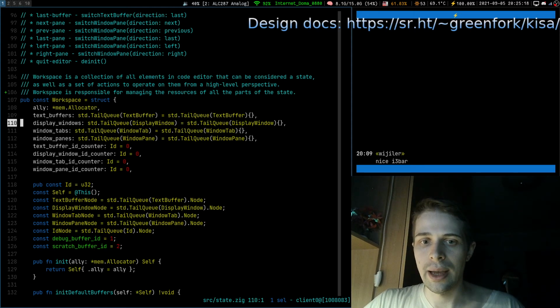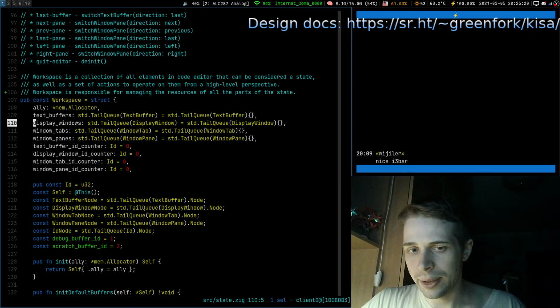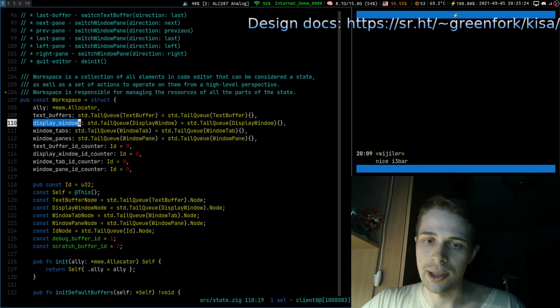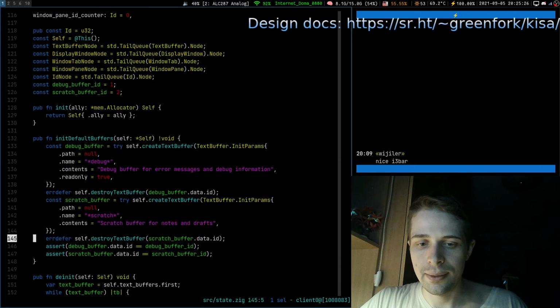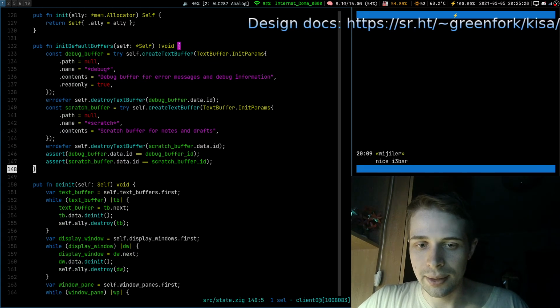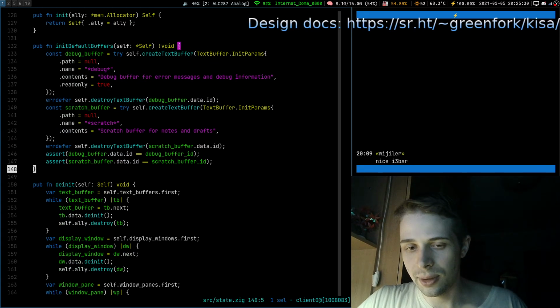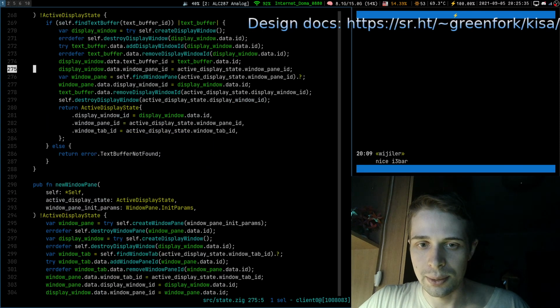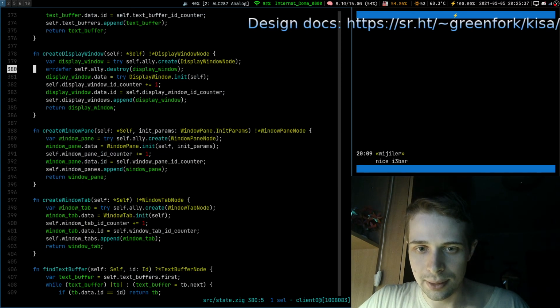Yeah, and since we would like to get a display window, we probably should ask workspace to get it for us. So we will have a function in here, command. It will find display window, and only then it will proxy it to the text buffer.